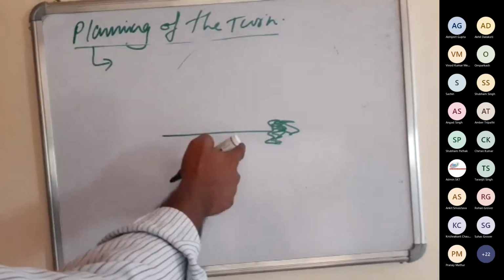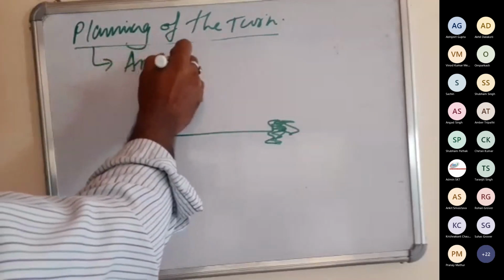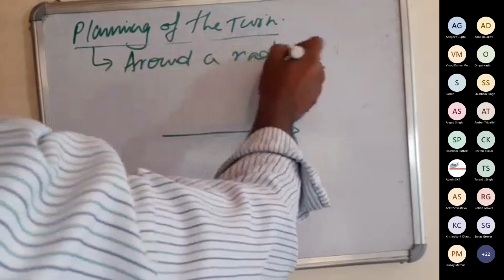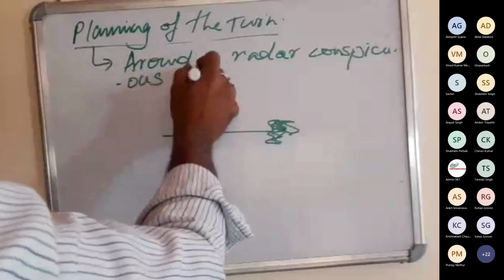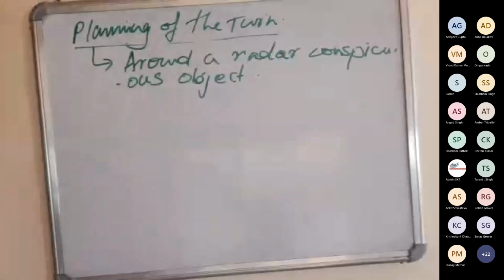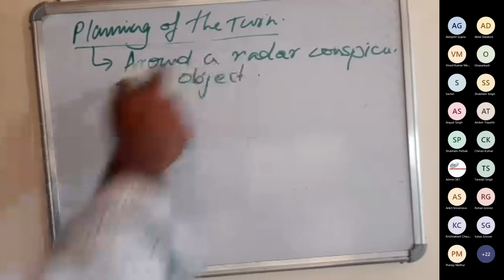So the planning may be required around a radar conspicuous object. पहला केस हो सकता है कि आइलैंड वगैरह जैसे चीज रडार पे दिखती है, हमें चार्ट में होगा, तो मुझको उस आइलैंड से एक खास डिस्टेंस मेंटेन करके टर्न करना है. आई नीड टू कीप अ फिक्स्ड डिस्टेंस फ्रॉम दैट island or a buoy or some other kind of material object which is visible on the radar. So we may have to plan the turn around a radar conspicuous object,